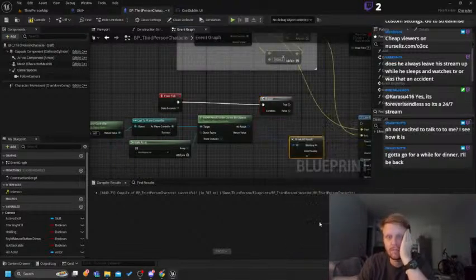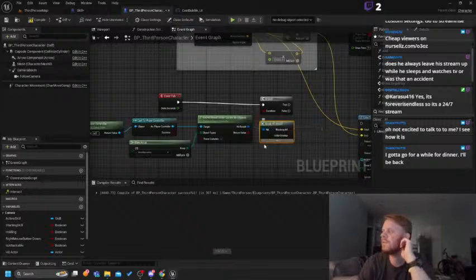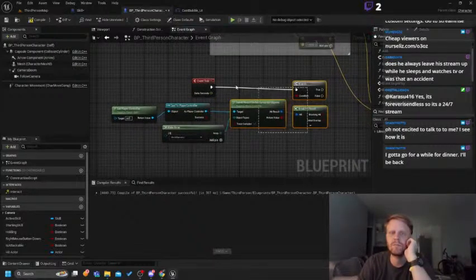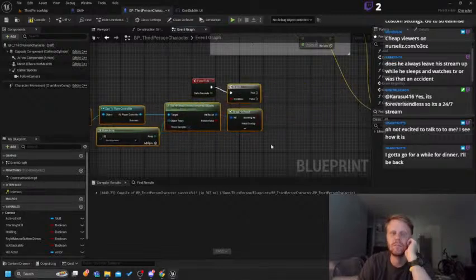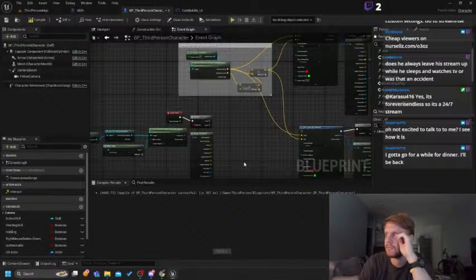So I need to get the controller, I need to cast that to the player controller, and I need to get the information that's inside of it, the hit result, and then the hit actor itself. I'm just going to print, let's see,